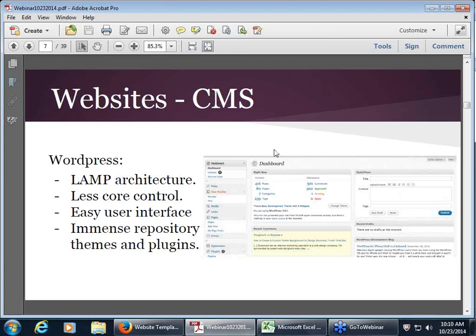If you look to the right here, the dashboard shows you snapshots of all the pages, posts, and changes to the site that have been made recently. And when you actually go to make a change to one of your pages, it's basically just entering plain text into a text editor. And it's what you see is what you get. So you can make a change within this text editor and see how it will actually look on your site, as opposed to some other CMSs, or alternatively coding the website yourself, where you don't really see it until the end when the site's actually up and running, or that page is up and running.